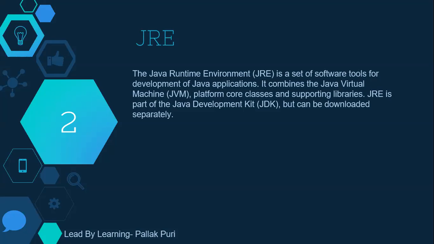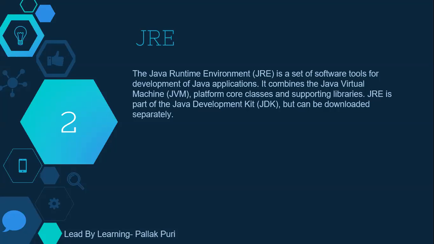Suppose I am the developer and I am working in a company or organization. So I have developed a Java program or any application for a school. So school is a client here. So school members are only going to run that application. They are not going to develop that application. So if there is a need to run the application, then the environment is required, and that environment is called Java Runtime Environment. So there are two terms, one is JDK and one is JRE.